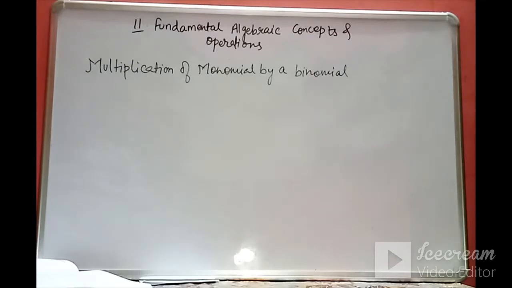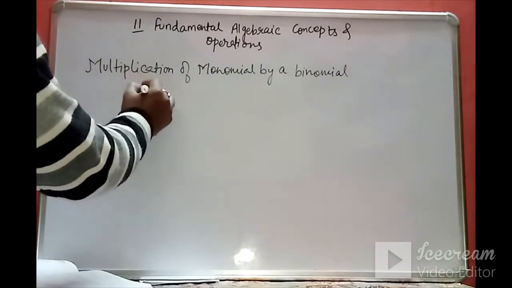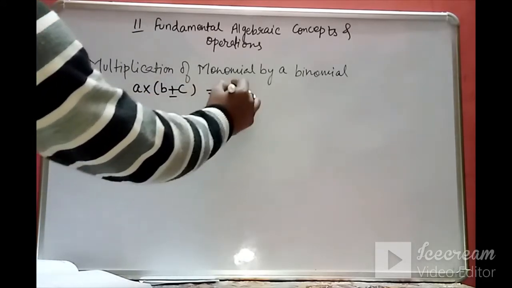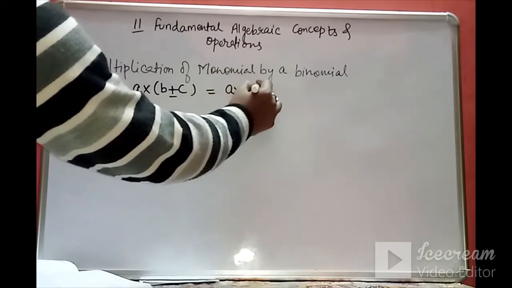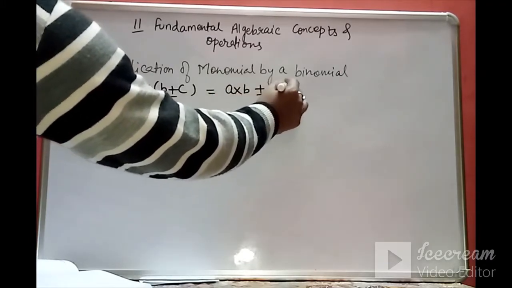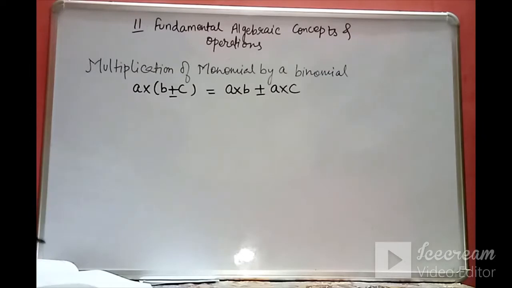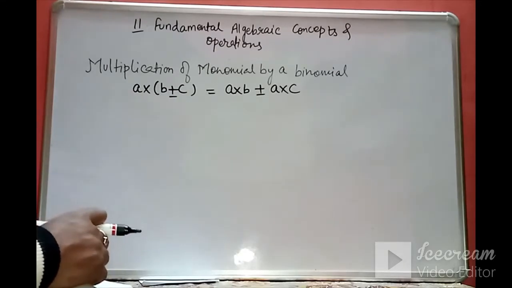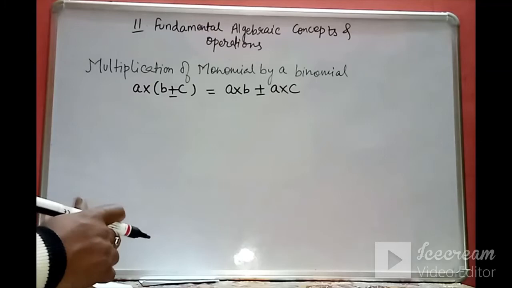So that is, if a into (b plus or minus c) is there, then we can write a into b plus or minus a into c. Okay, this was the distributive property. So this property we will use to find the values, and we will use two types of methods, row method and column method. Whichever method you find suitable, you can use that method.